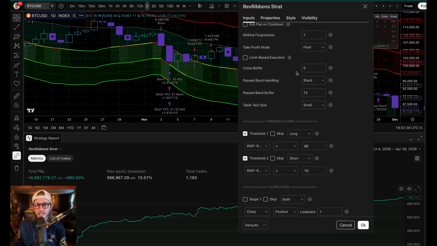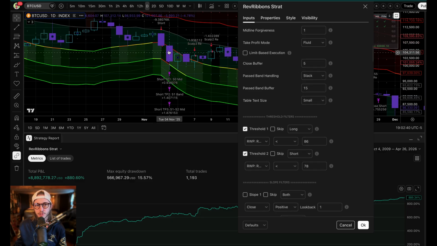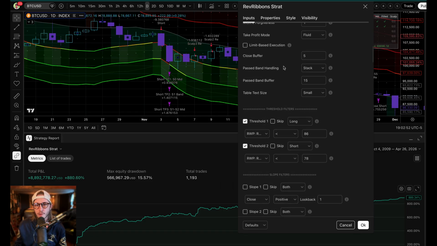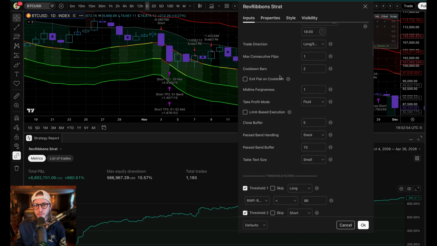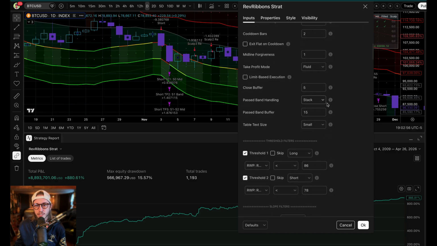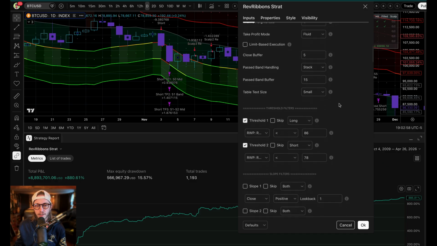But you could either stack it, or you could skip, which means it skips the position size, so it'll enter a partial position. It'll ignore whatever position size you have for band 1, for the first few bands that were crossed. Hopefully I'm explaining that well. I know it's a bit complicated, but you can read the tooltip as well, and I will have some more